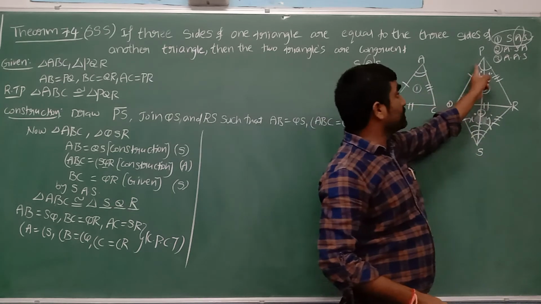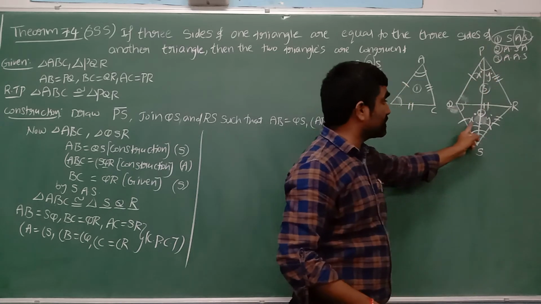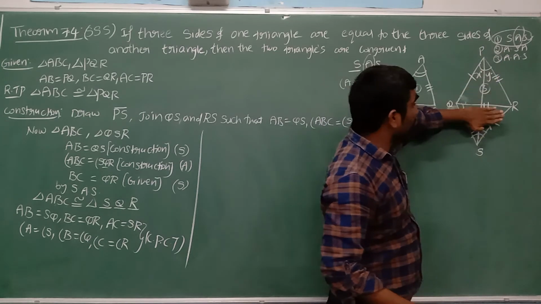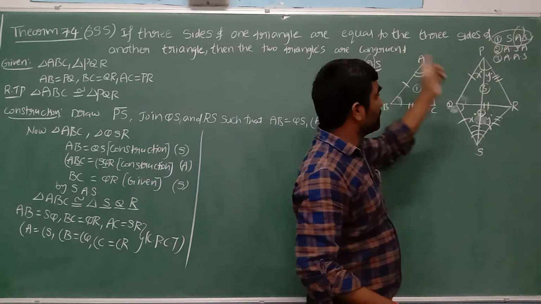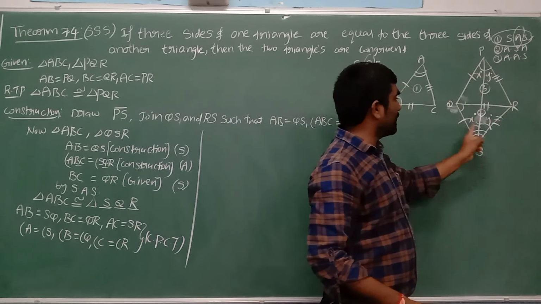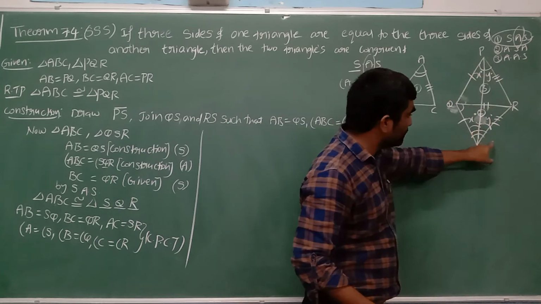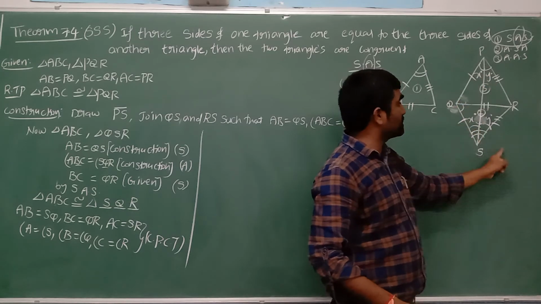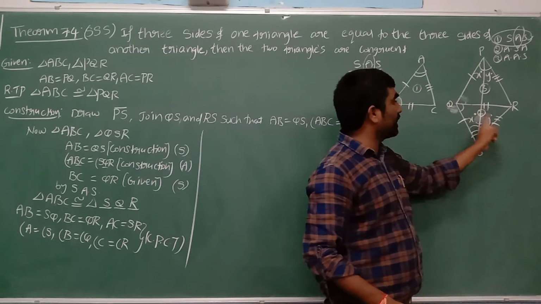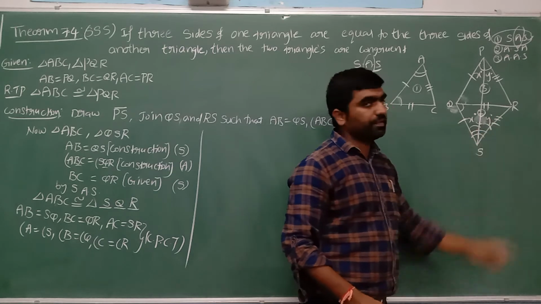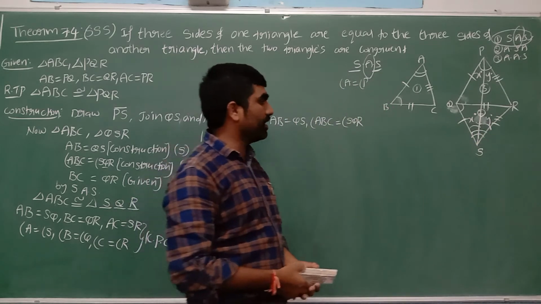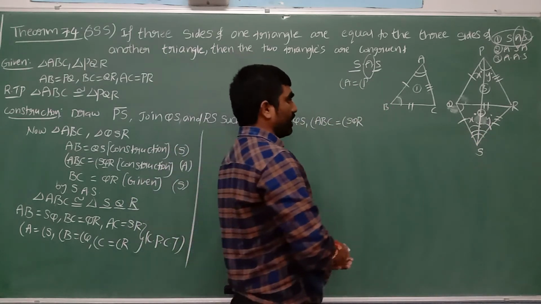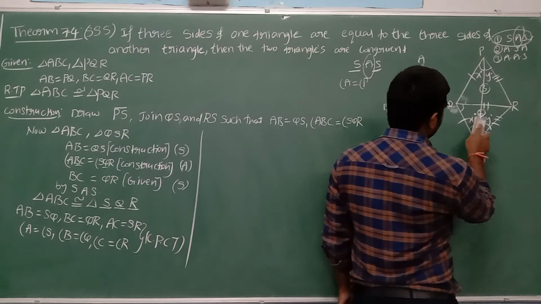Now, what can you say about this angle? X plus y. What about this x plus y? Yes. Now, second and third triangle, you can say side angle side. What about this angle? X plus y. This part x, this part y. X plus y, x plus y. Side angle side, side angle side. They are congruent. Second triangle, third triangle also congruent. Hope it is clear for you people.